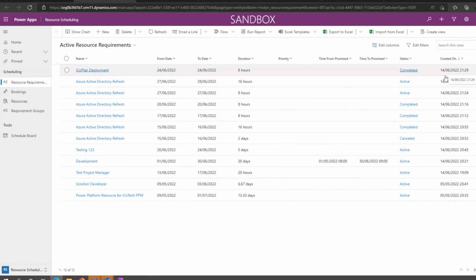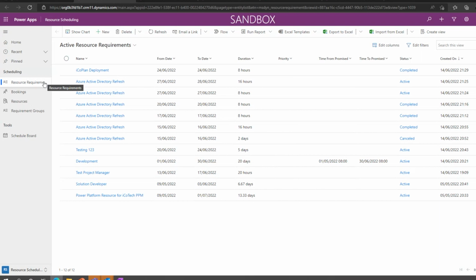So you can see last night me testing away and playing with this. You can see me creating my resources last night. So it does work, and I've got to hope it works again today. What we're going to do is create a new resource requirement. This is about saying I want a solution architect or a BA for this project,